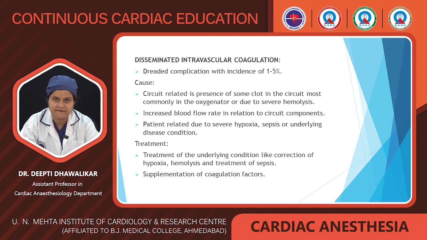Coming to disseminated intravascular coagulation, it is a very serious and dreaded complication with the incidence of 1 to 5% and is associated with very high mortality. Cause is circuit related, which is presence of some clot in the circuit, most commonly in the oxygenator, or due to severe hemolysis, increased blood flow rate in relation to circuit components, or patient related due to severe hypoxia, sepsis or underlying disease